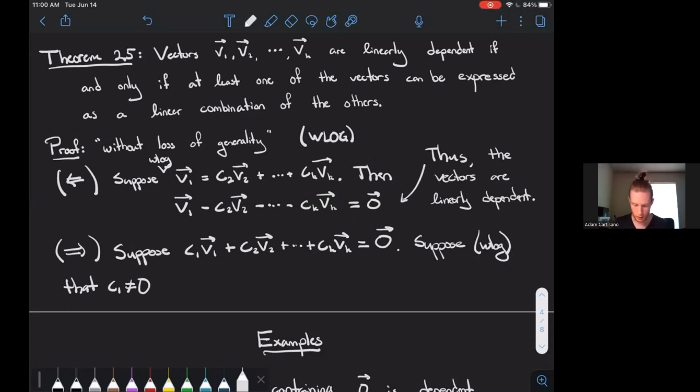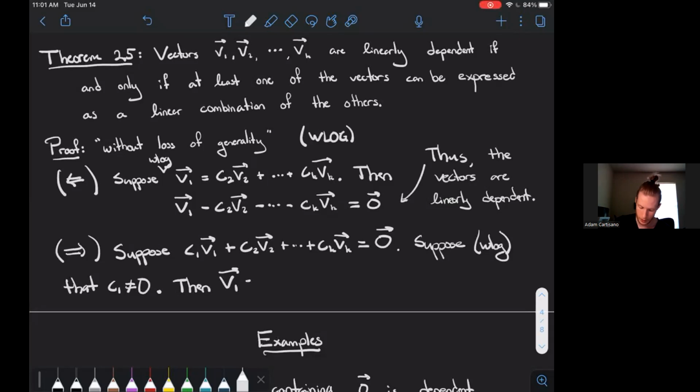But addition commutes, so just rearrange the sum so that the first one is non-zero. Then v1, we can just write it. Just subtract everything over to the other side except for v1, and then divide both sides by c1,